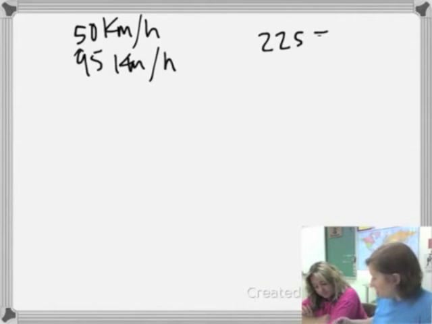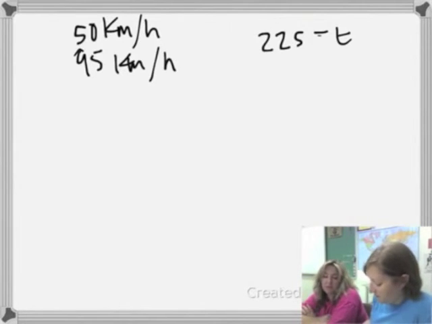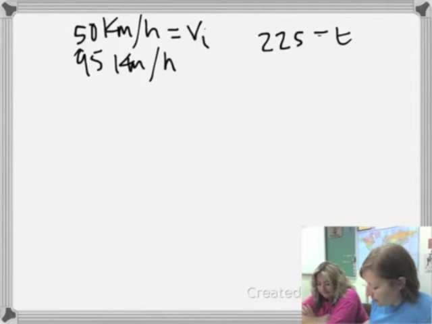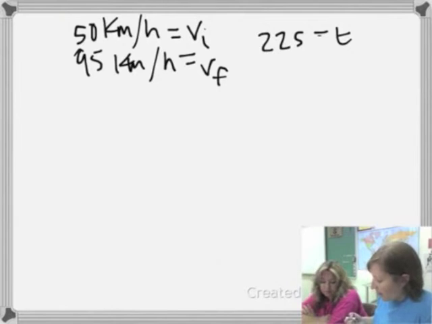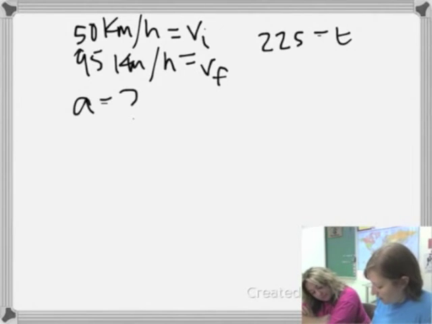I know seconds is time. Why do I have two of these kilometers an hour? We've got an initial and we've got a final. Initial is like at the beginning, initially. And that's a velocity though, right? Correct. And then this is after, so that's the final. And it says, what is his acceleration? So there's my givens, and then the acceleration is going to be our unknown.